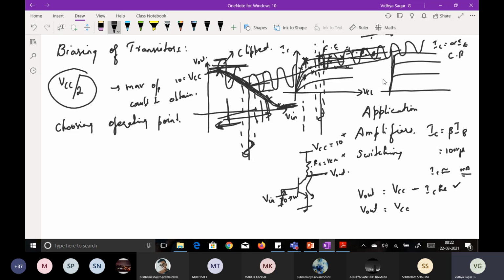Fine. So how do I choose your operating point in your characteristics? The output characteristics depend upon the peak value of your current and the peak value of your voltage. So if I'm considering the same circuit, what is the peak voltage in the circuit? What is the peak input voltage that could be applied in the circuit? Or the peak current, the maximum current applied in the circuit?